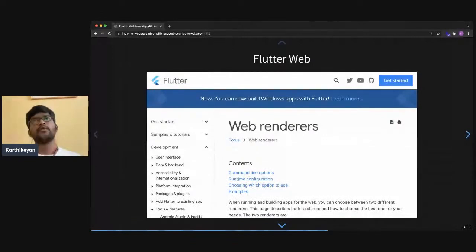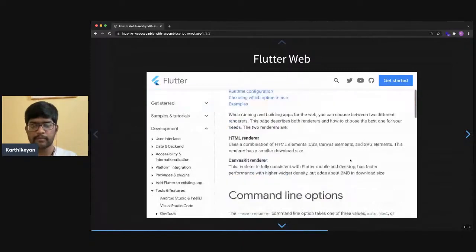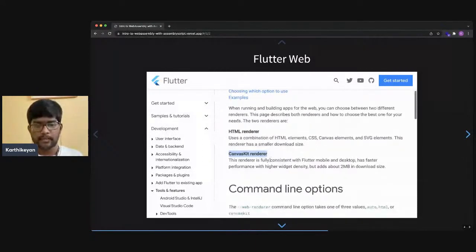Okay, and during the compilation time, when you're exporting the app to Flutter Web, there are two different options available. One is the HTML renderer, and another one is the Canvas kit renderer. Whenever you're exporting your Flutter Web app, it usually sees in the browser, if it's running on the desktop, it'll automatically be choosing